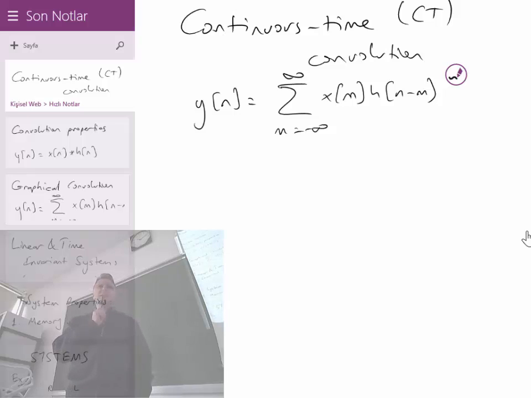Do you remember the continuous time impulse? Delta t, continuous time impulse. It was a very bad signal. Its magnitude, its amplitude was infinity, its width was 0, but the area under it was 1. So 0 times infinity for that particular case, it was 1. So it's not the signal itself that you can use. You can only use the area under it.